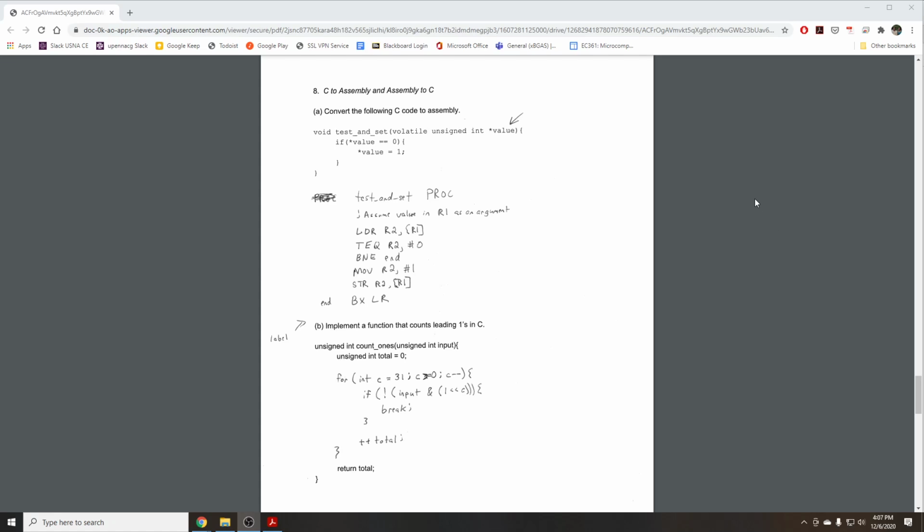Okay, on to problem number 8. This is assembly to C and C to assembly. This is just testing your knowledge of both languages and how they interoperate and how they look compared to each other. The first question is: convert the following C code to assembly, and it's a function test and